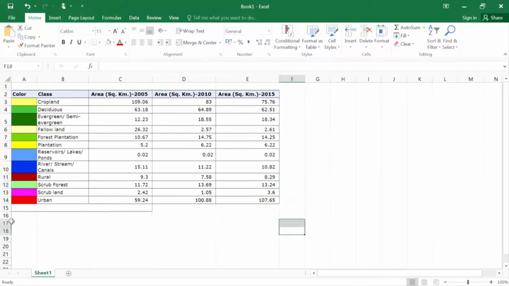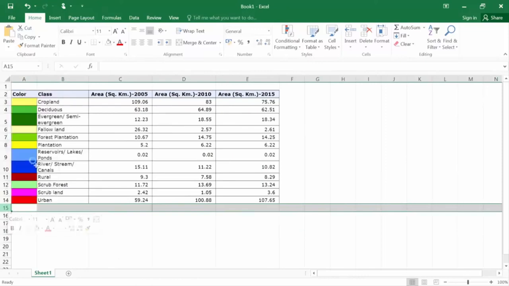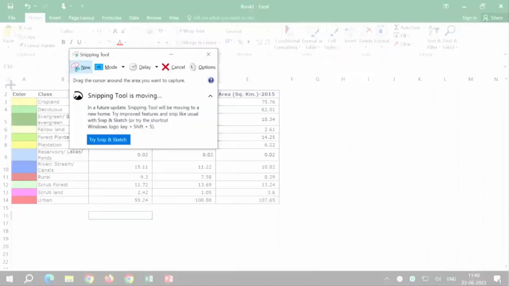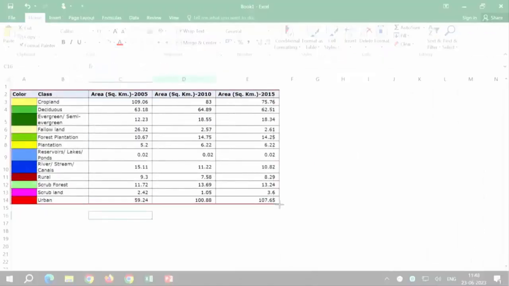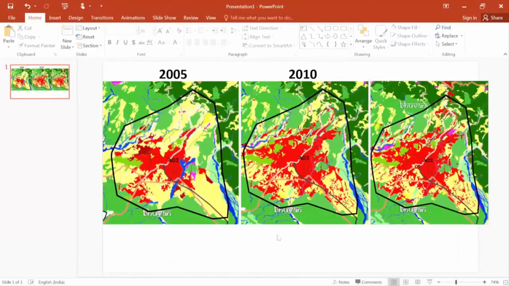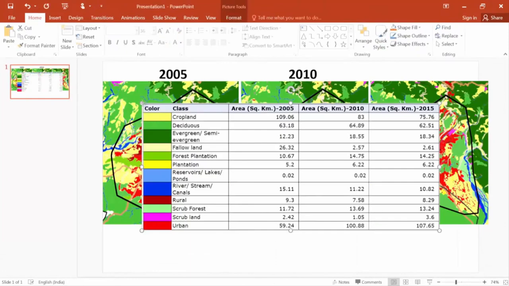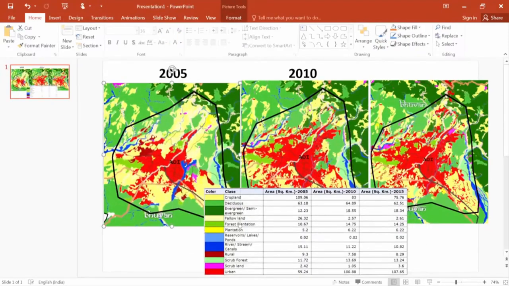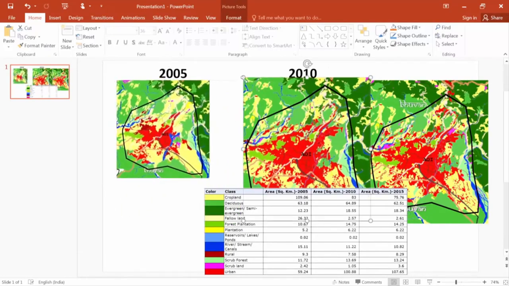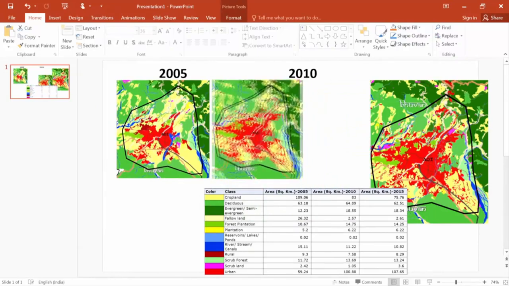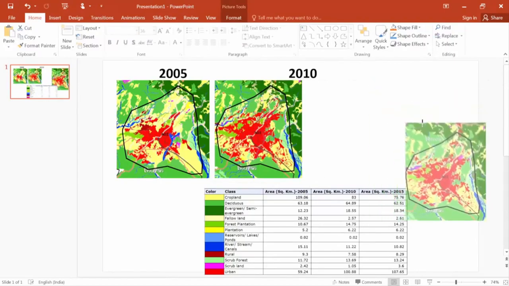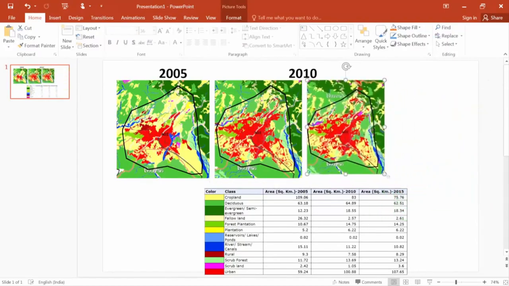Okay, so what I will do here, now we will take it into a single frame. Now let us capture it also. New tools here, again through snipping tool I will just select it here, copy it, and then what we can do, we can just paste it here. So we have both the quantitative as well as qualitative assessment of these maps, of these statistics of the natural resources here. Okay, so I will just move it like this, and then let us take it here quickly. I will finish it off.